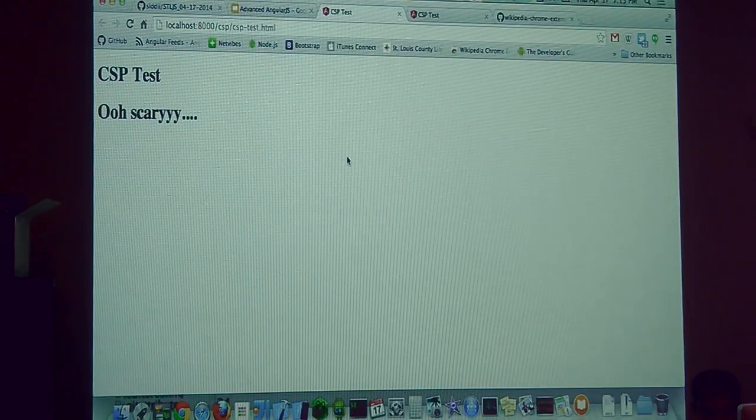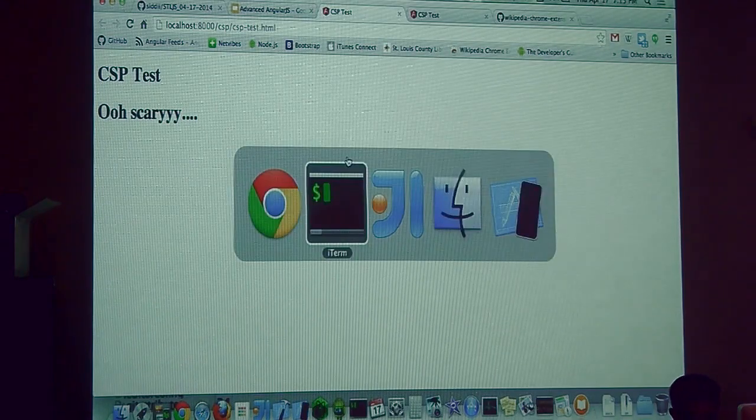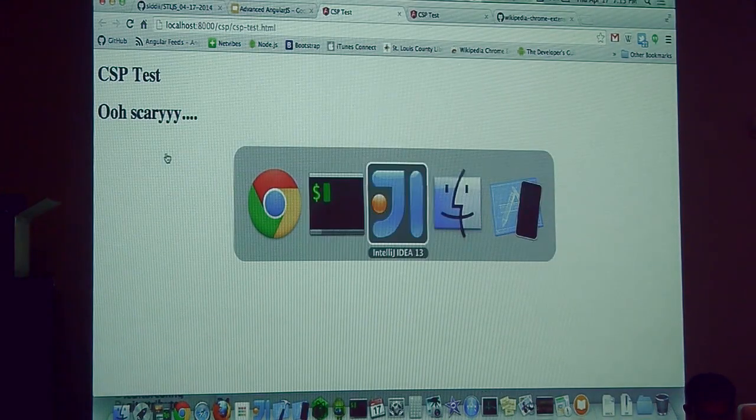All right. So what I have is, okay, let me look at the code. It doesn't really show a whole lot. So if you look at the code,